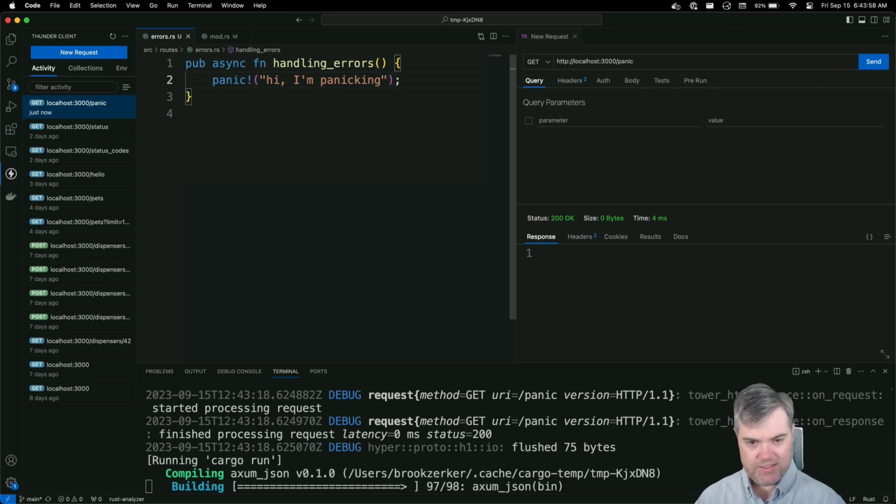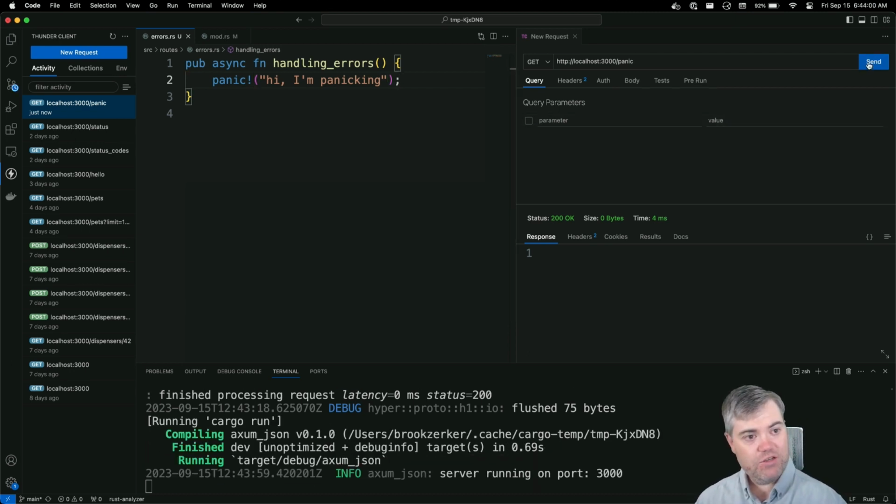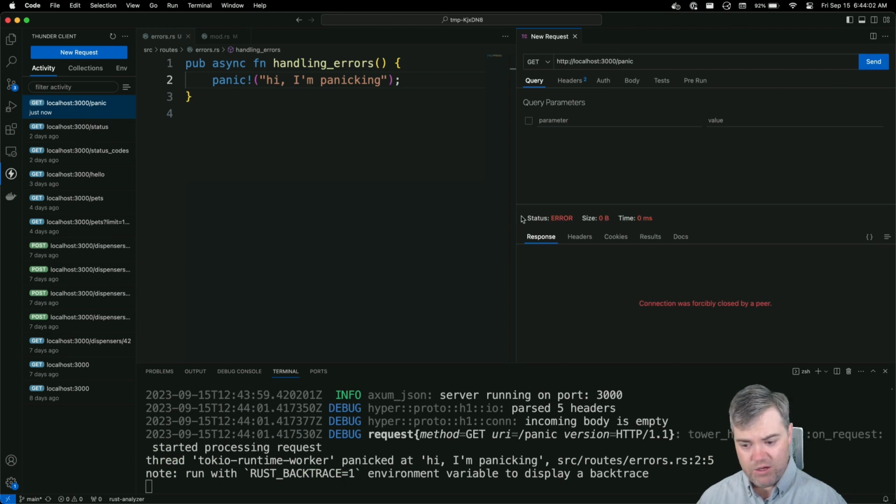What happens with this? Let's find out. So if I hit send, we notice here we have a status error. This is very different than like a status 500, which are good. Status error is, well, really bad here. We don't want our server to be responding with, well, nothing, or in this case, it kind of is responding, but it's an error response.